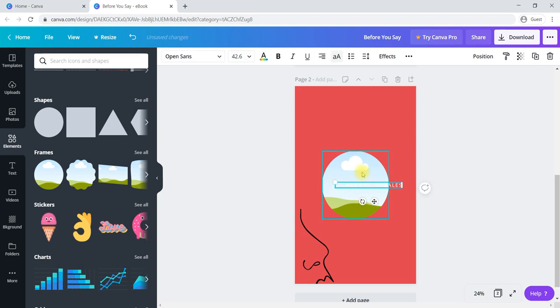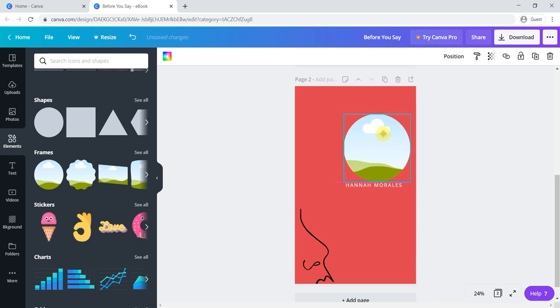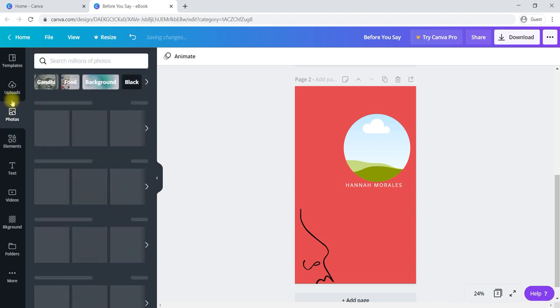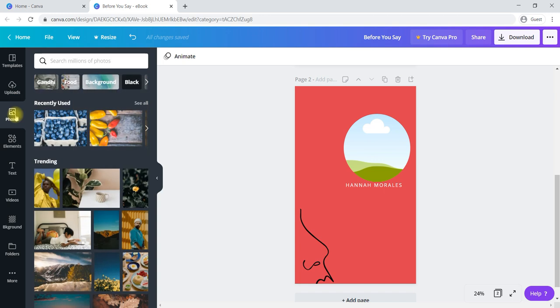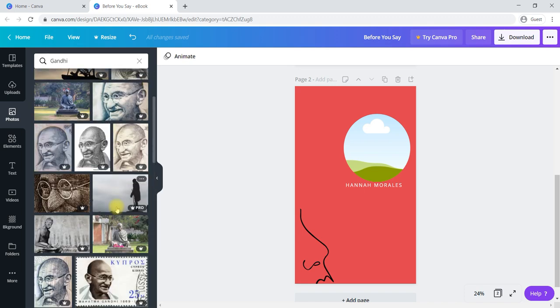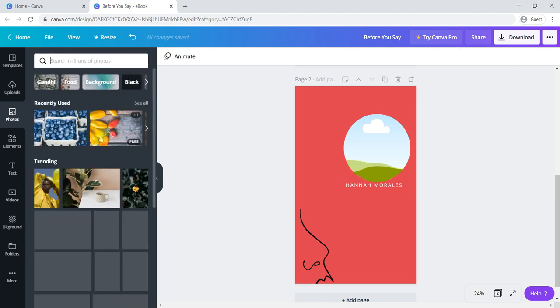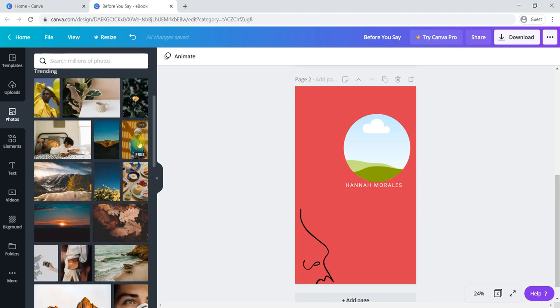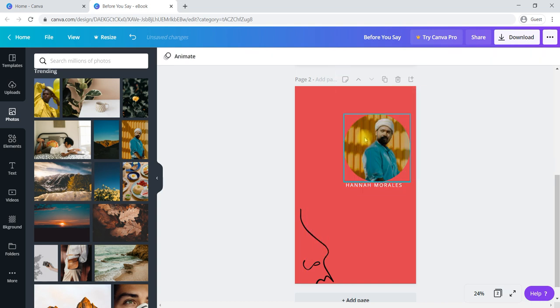The round frame has been given. We have to insert some image. For example, if you already uploaded your photo, you can use that photo here, or it is already there. Just for a demo, I will take a Gandhi. Is there any Gandhi photo? No. Okay, we'll take this, but you have to use your photo. Just for the demo I'm showing it. You can select that photo and give it here.